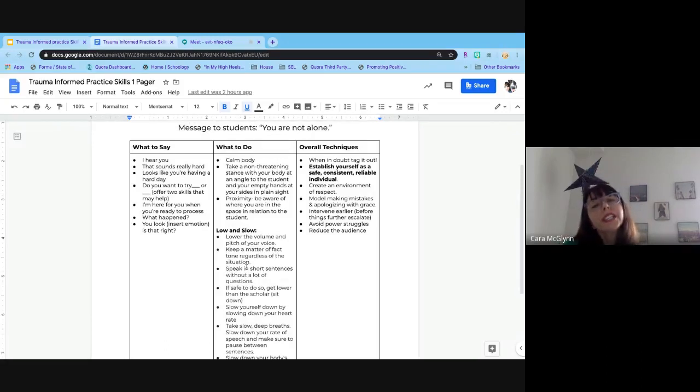Some other techniques that are helpful. If you are being targeted by a student in a crisis moment, tag out. Have a system with your peers in your classroom and in your learning communities where you can just tap someone on the shoulder and they know you're going to go and the next staff's going to tag in. If you are the target in a moment, you are not going to be the person that's going to calm that student down, regardless if it makes sense that you're the target or not. It has nothing to do with you, and it has everything to do with how that child's brain is processing in the moment.